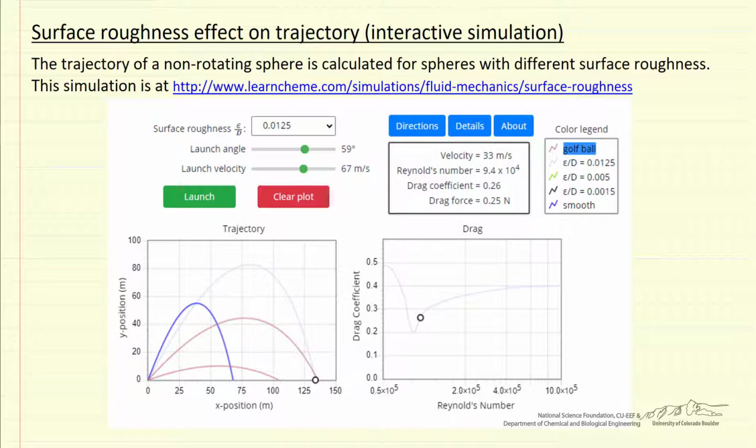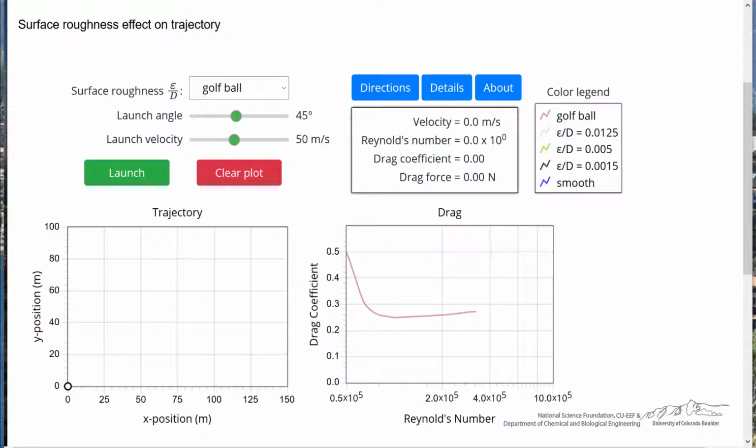So let's look at the simulation and observe the behaviors as we change things. So here's the interactive simulation. If we look at a golf ball, notice the behavior: as the Reynolds number increases, the drag coefficient decreases. If we launch this, we notice these values for velocity and so on are continuously updating. If I change the launch angle and then launch again,